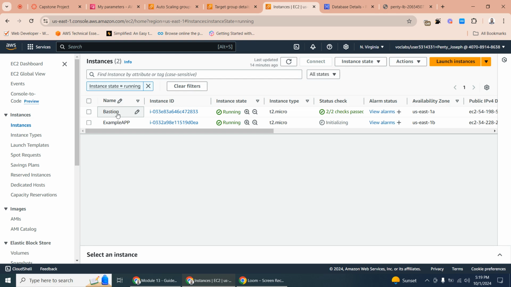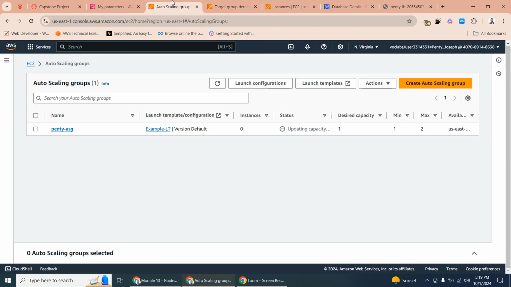We'll SSH into this instance. Then we will use this instance to SSH into this instead of SSH into this directly. I don't know if you are getting what I'm saying. But before we can SSH into this instance through this instance, we need to go and do something. If not, when we SSH, we will have an error and then come back to do that thing before we go on. So what I can tell you is, go to the EC2 side,